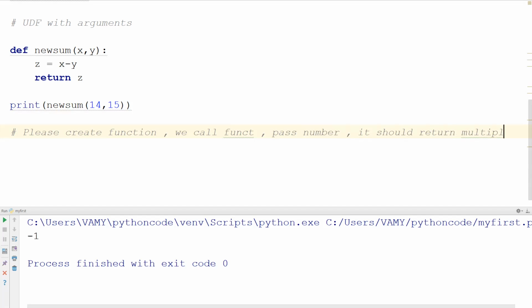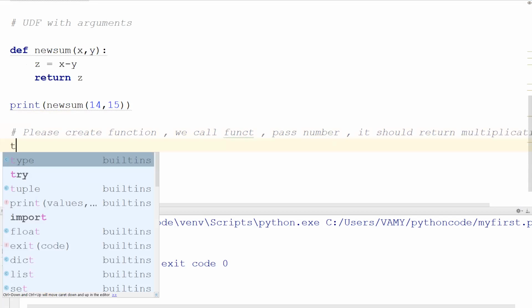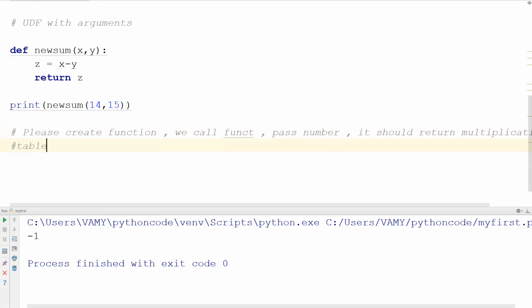For example, we have created a function called multiplication. This is your function name; just for example, guys, you have to create it. If I pass 4, it has to give me the fourth table: 4 ones are 4, 4 twos are like that, till 10, so 4 tens are 40. If I pass 6, it has to give me the sixth table. If I pass 18, it has to give me the 18 table. So you need to create this function. This is for your challenge and practice purpose.